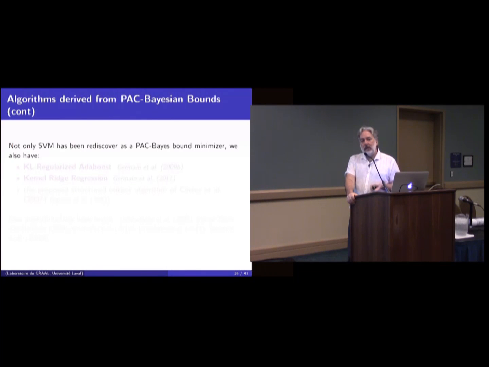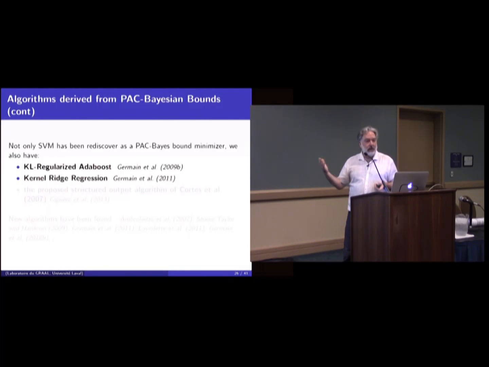You have a PAC-Bayesian bound minimizer that can give you AdaBoost. In fact, it's AdaBoost regularized, and it's not L2 regularized, neither L1 regularized, it's KL regularized, which is exactly something in between. And so the theory says that you should regularize AdaBoost, but with the KL. You can have kernel regression. You have also a structured output algorithm. The one of Cortes and Mohri, for example, is exactly the bound minimizer of a PAC-Bayesian bound on structured output,